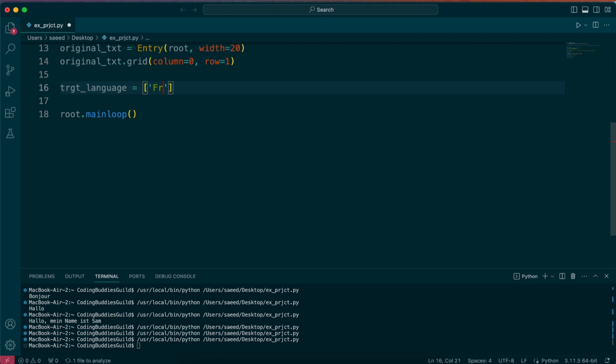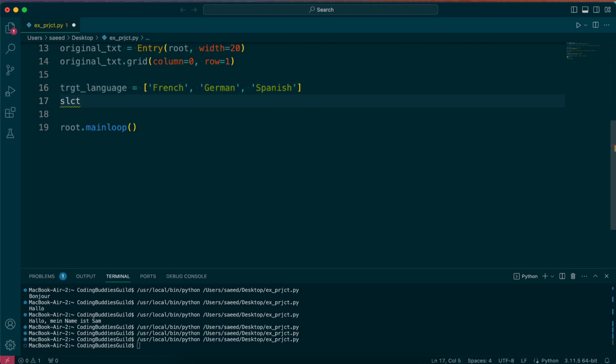So I want to be able to translate to French, to German, and to Spanish, for example, right? So this is okay, and then we go here, and then we go select language equals